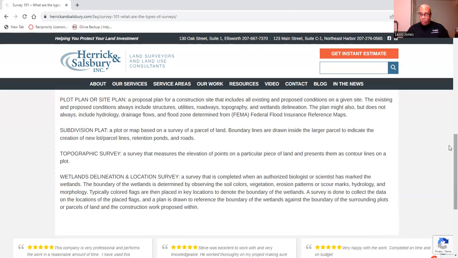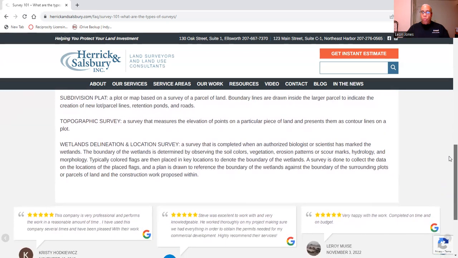Then if you are taking surveying classes to get your survey license, you have to understand subdivision surveying. Now, when you deal with a subdivision survey or a plat, it's basically a plot or map based on a survey of a parcel of land. Why? Because boundary lines are drawn inside the larger parcel to indicate the creation of new lot or parcel lines, retention ponds, and roads.